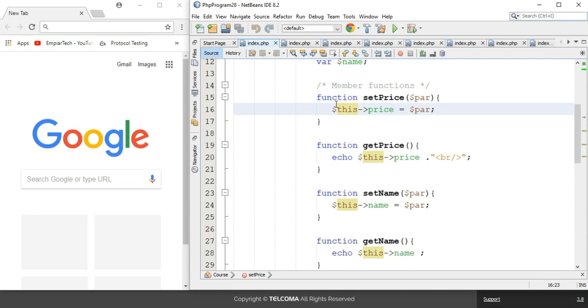So this is mainly used to refer to a property of a class, and it is available whenever a method is called from within an object context. So here you can see that we are calling these two variables within this class. So for that we have to mention this variable here. And coming to the next part,